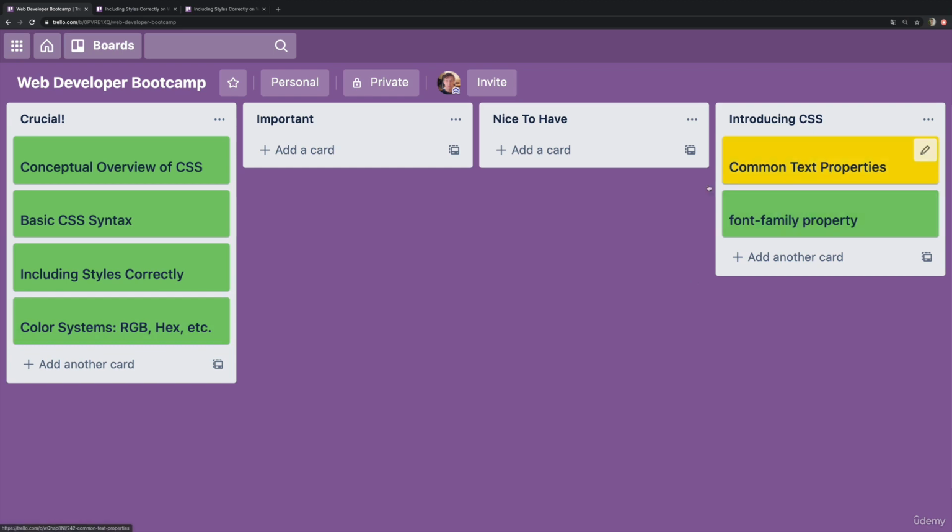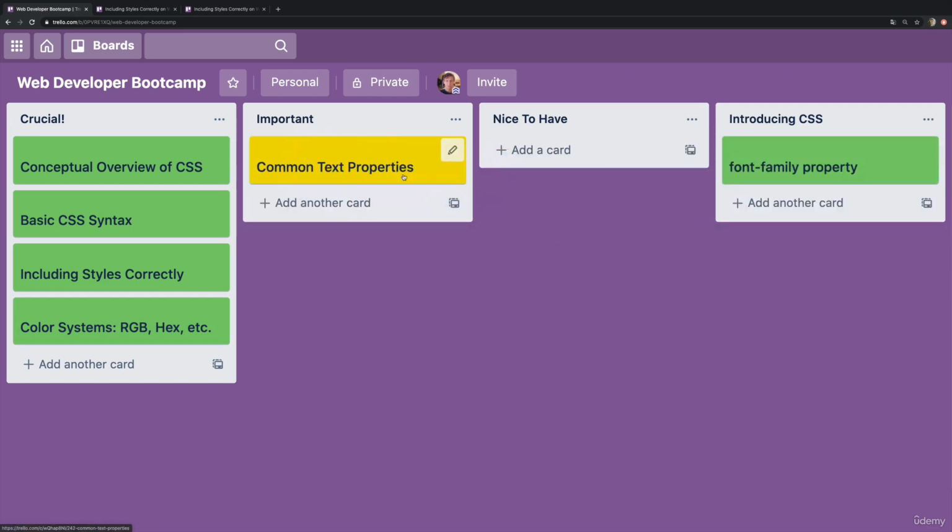Now, I have this one yellow card for common text properties. There's one video in this section. I think I cover like 6 or 7 different properties that have to do with styling text. Some of them are quite important, but then some of them are just much less commonly used, like changing the spacing between the individual letters in a word. Good to know, but you definitely don't need to stay up at night making flashcards and quizzing yourself on those